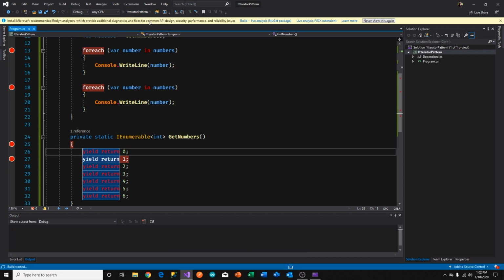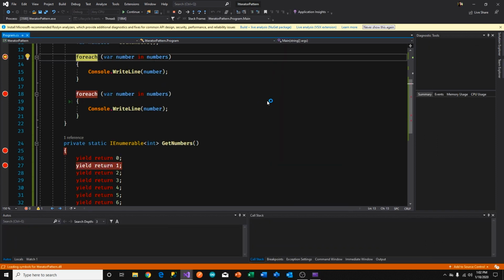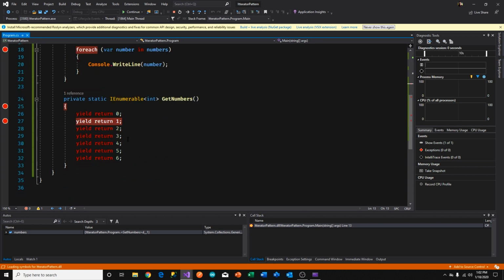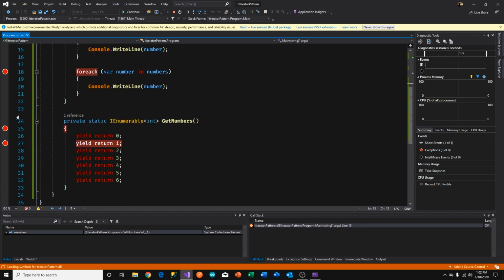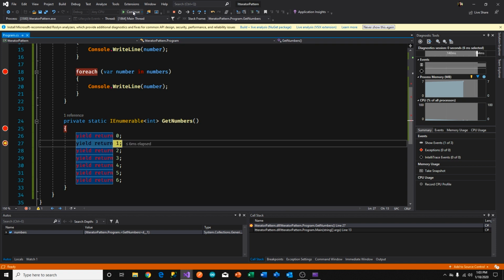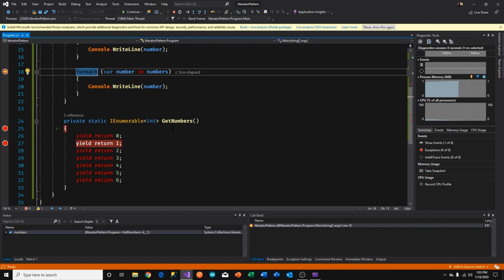All right, so I'm going to run this and let's see what happens. Of course, we expect it to hit this breakpoint first before it comes into this method, right? And then it'll come to this method first once, and then it'll come in here again, and then, since we removed the breakpoints, it won't stop there anymore. Let's come here. The next iteration through is 0. The next iteration through is this 1, and then it moves on,